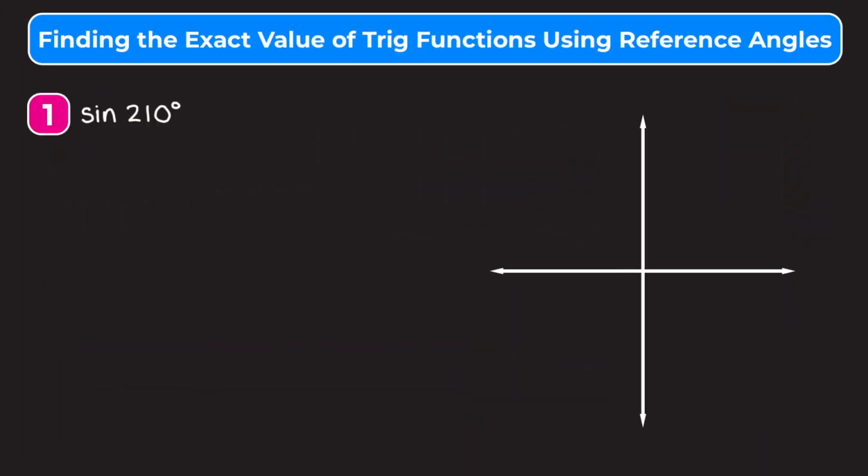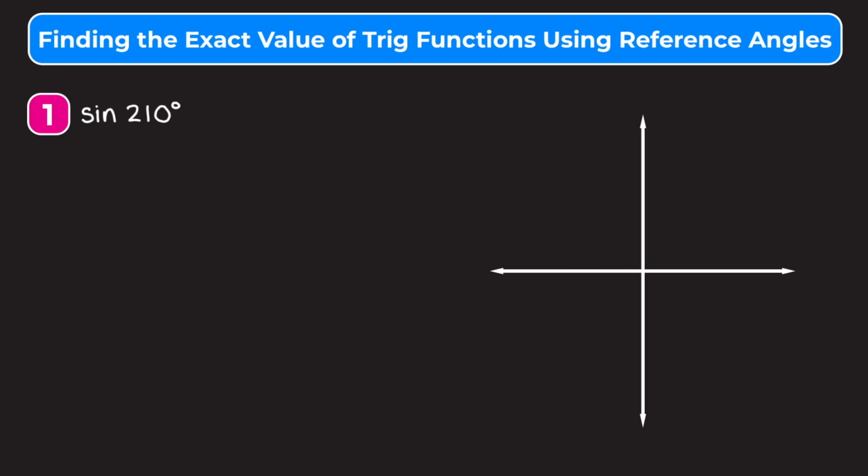In this video, we're going to be finding the exact value of trig functions using reference angles, and we're going to be sketching out each angle and then drawing special right triangles. If you don't have a firm grasp on 30-60-90 triangles and 45-45-90 triangles, I suggest you learn that before watching this video. You can check out some of our other videos that walk you through how to solve problems involving those special right triangles. If you do feel comfortable with special right triangles, then we can jump into example